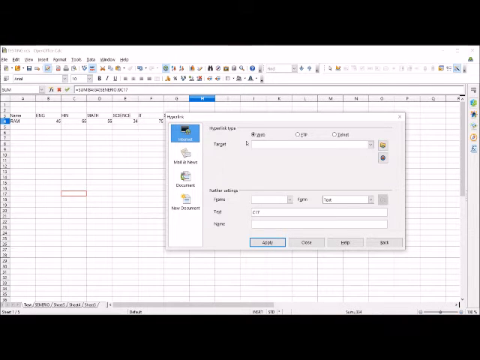First of all, we will see how we can create a link to any web page which is available on the internet. So we will browse from here.